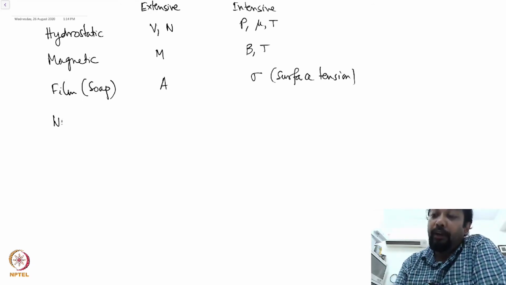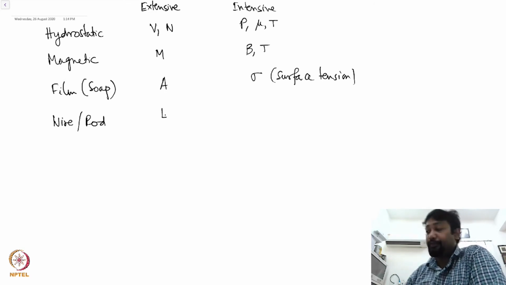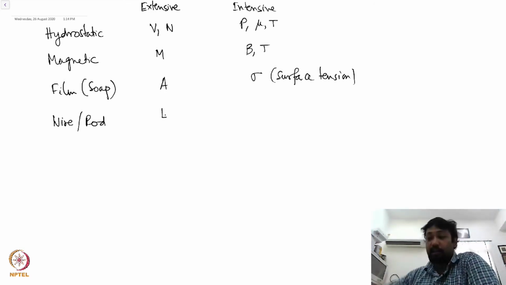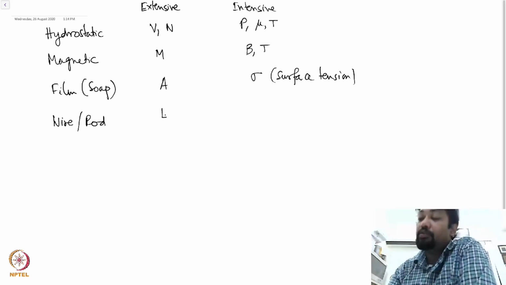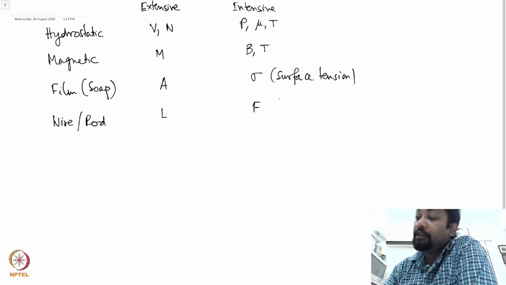For a metal wire or a rod, the length is the extensive variable. If you keep on adding more and more rod, the length is also going to change. It's going to scale with particle number, and the force is the